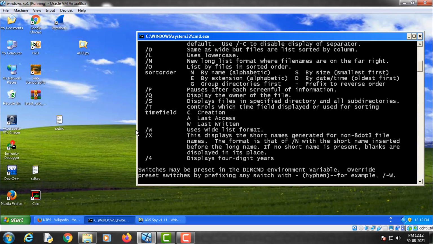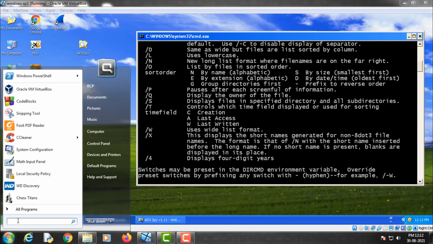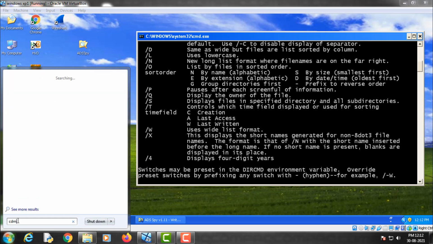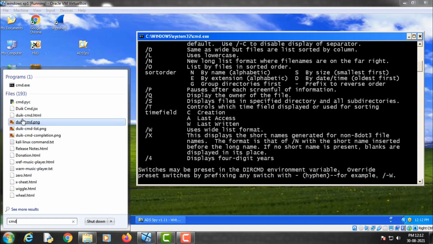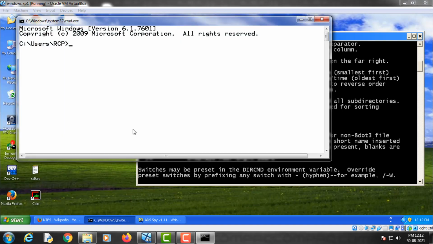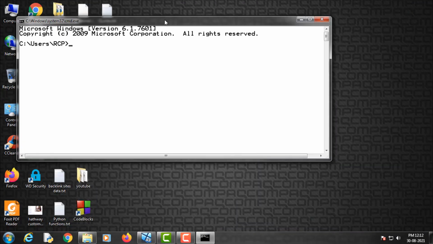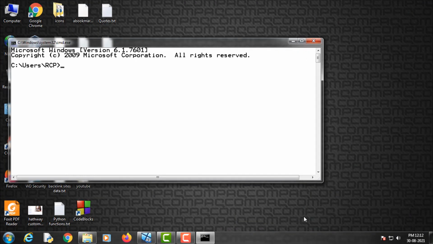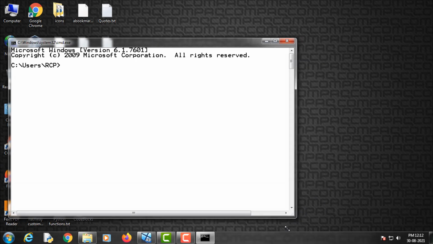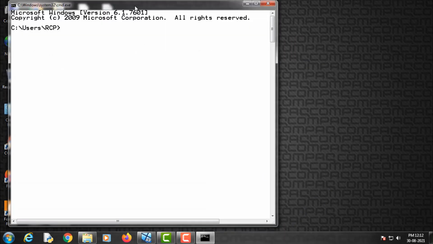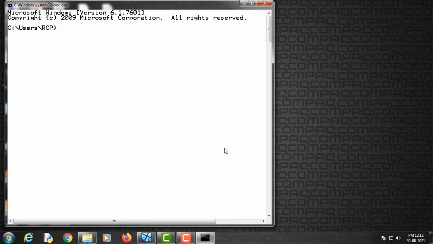So if I go to the Windows 7 machine and I type cmd, this is a Windows 7 machine.